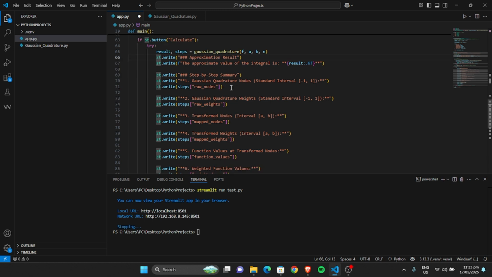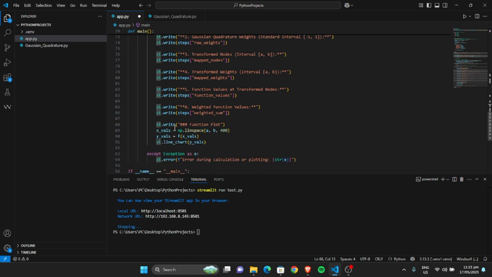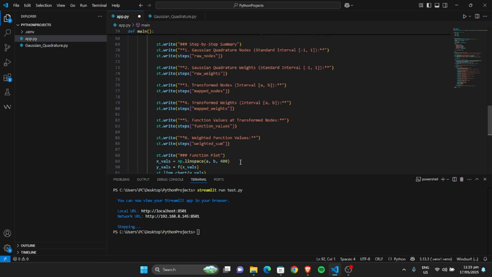So Gaussian quadrature nodes for standard interval -1 to 1 will display also the steps taken, and it also has a function plot using this st.write function plot that has xvals and yvals, and also an error exception for errors made by the user. So if we try to run the code, streamlit run app.py,